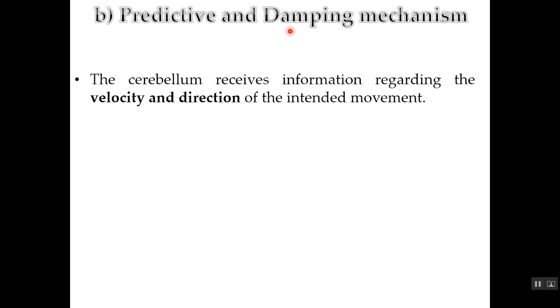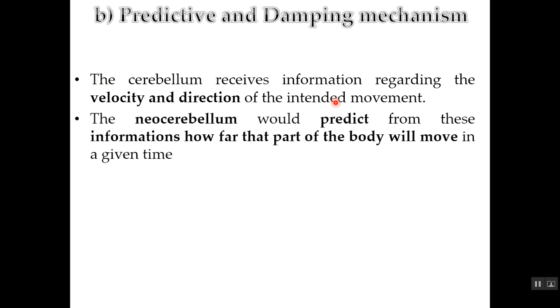The second mechanism by which the cerebellum, specifically the cerebrocerebellum, coordinates voluntary movement is the predictive and damping mechanism. What's meant by that? The cerebrocerebellum, specifically the new cerebellum, receives information regarding the velocity and direction of the intended or ordered movement. Its velocity and its direction. From this information,